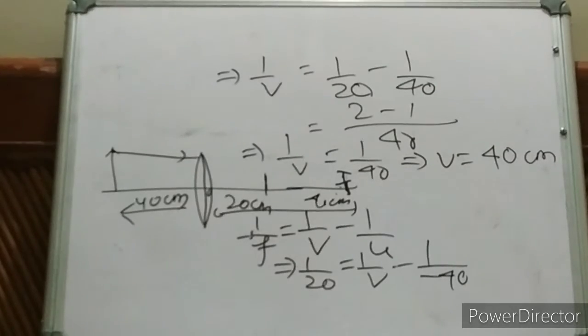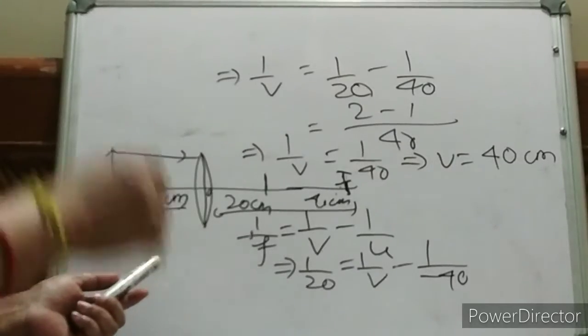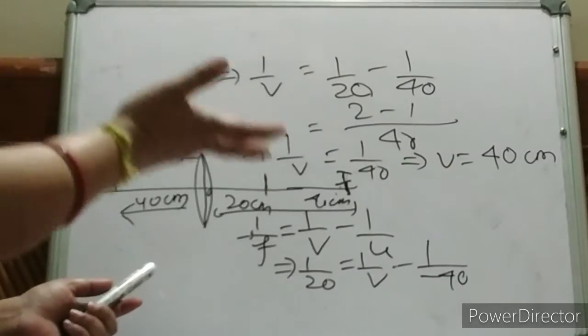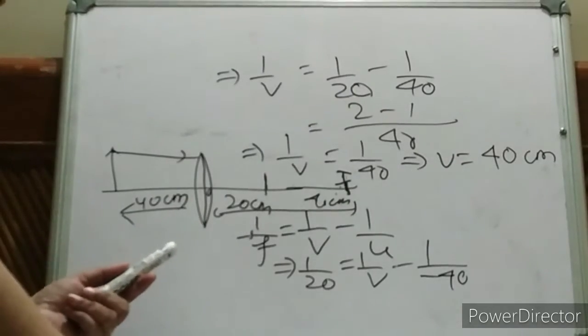In my next lecture, we are going to discuss magnification, which we have already discussed while discussing different positions of the object. Still, I am going to discuss magnification and power of lens. After that, we will be solving some numericals. Then we can start our last chapter, that is the eye, rainbow, prism, all those things.